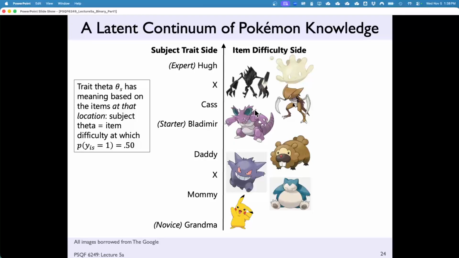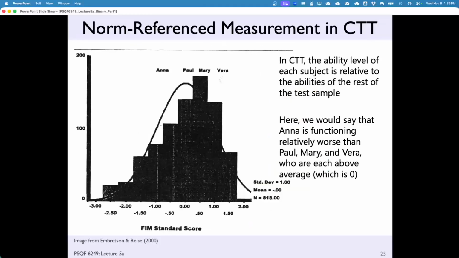If you get that score, what does that mean you can do? That's what the construct map is really trying to tell you. So this is sort of saying how this works. IRT really brought that about.